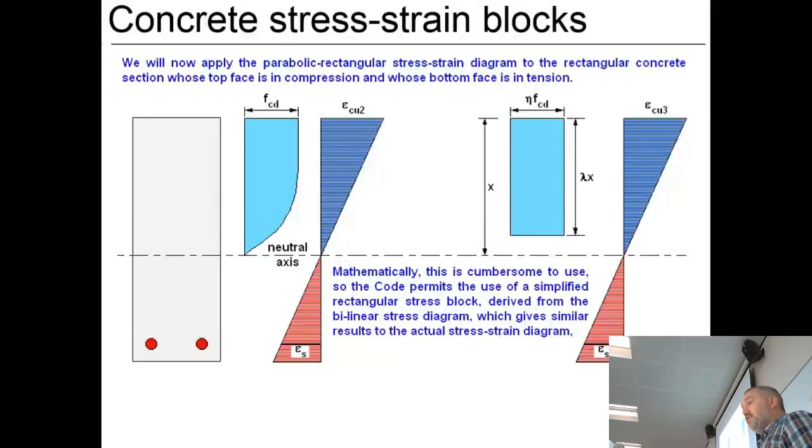They call it a simplified stress block. Rather than working with the dimensions of this curve, they take that triangle there and put it there, and make it into a square block. So that's why they call it the simplified stress block. In terms of the dimensions of that, x is the distance from the top to the neutral axis, and in the UK we take 80%, so you find that lambda in the national annex for the UK is 0.8,